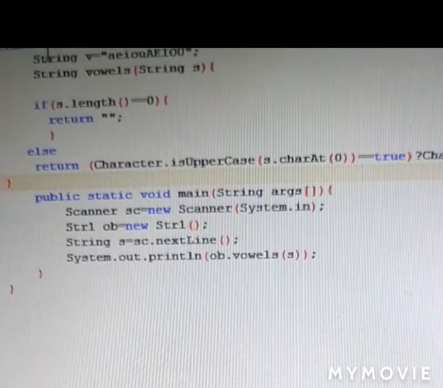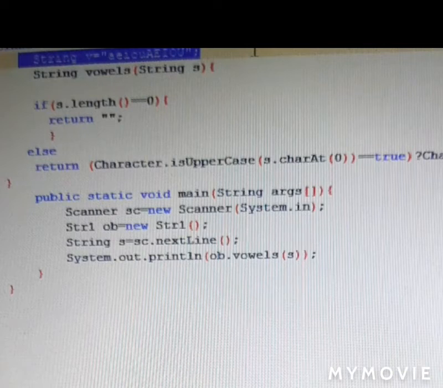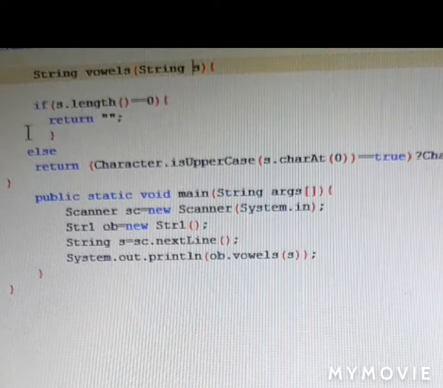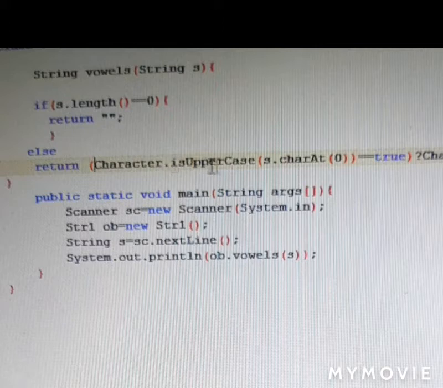Now let's look at this program in which we have to convert all lowercase letters to uppercase and uppercase letters to lowercase. So we'll be receiving a string here. If the length is 0, then we'll return blank. And in the return here we are checking with the Character class if the character at 0 position is uppercase.